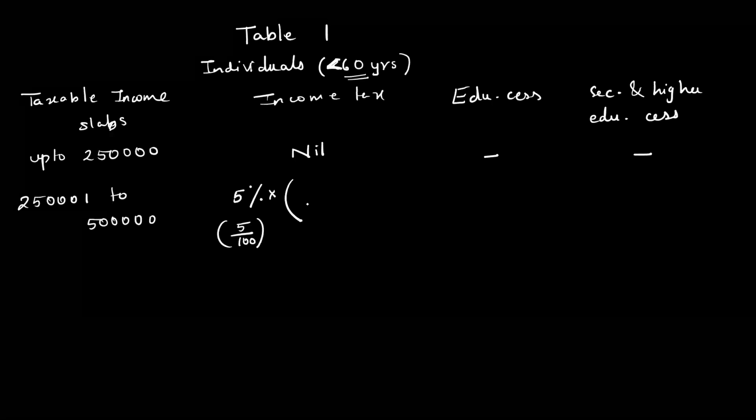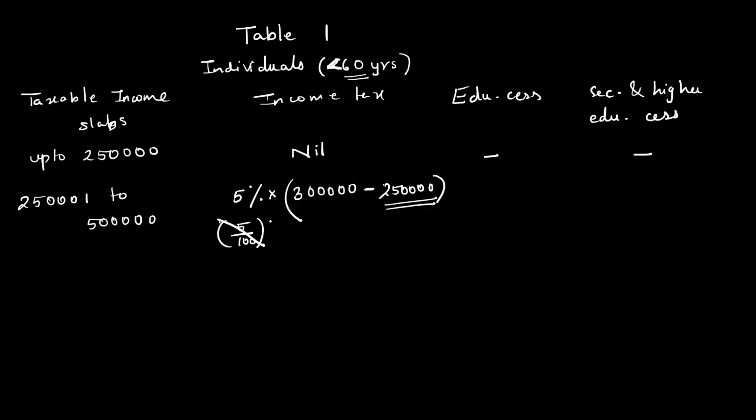Your taxable income can be, let's say, you're earning 3 lakhs. Do you agree 3 lakhs is more than 2,50,000? That means it falls in between, so your taxable income will come. That is 3 lakhs. Then they're telling us to subtract how much? This much money, 2,50,000. That means nobody will pay tax on this much amount. That much will be subtracted anyway. The remaining 50,000 that remains, its 5% will be your income tax.